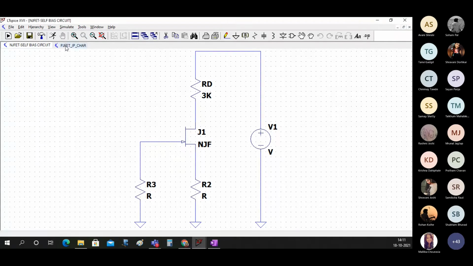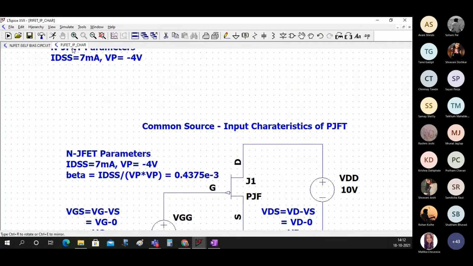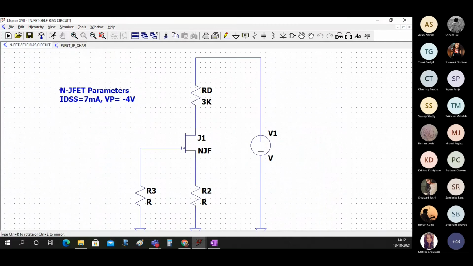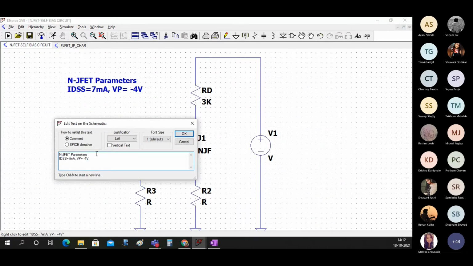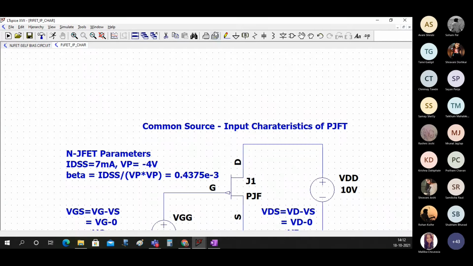So what I'll do is we want to do something similar here too. So here I will just keep IDSS as 8 milliamperes and beta I'll just pick up from here.